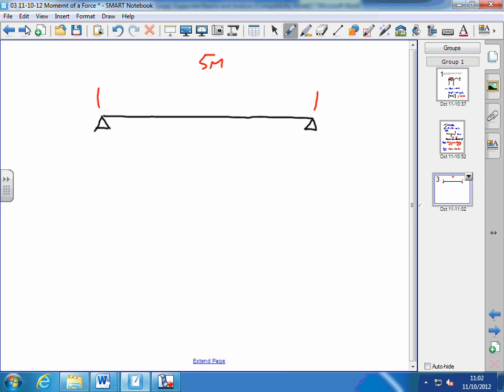And we have one force acting down here of 20 newtons and another force acting here of 10 newtons. And this distance here from there to there is 1 meter, and from there to there is